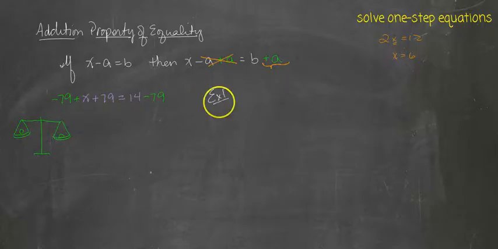So example 1, x plus 9 equals 3. Now again, this is sort of like this problem up here, right? What would x have to be in order for x plus 9 to equal 3? Clearly x would have to be a negative 6 because negative 6 plus 9 equals 3. Don't worry that you can do it in your head. What I want to show you is the process that you'll be able to use forever, no matter how complicated